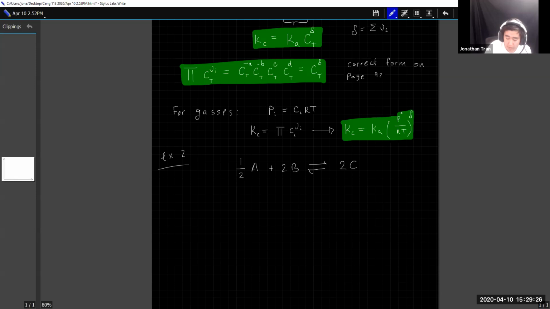It doesn't necessarily have any relationship with the stoichiometric coefficients in front. That being said, it is also important, as Dr. Drews displayed, I believe on Wednesday, that when you're given the stoichiometry of a particular reaction, and you're told that in all of these examples I'm giving, assume elementary rate laws,